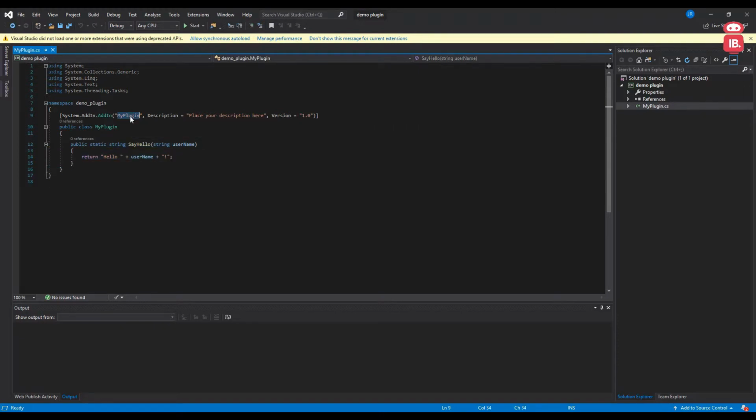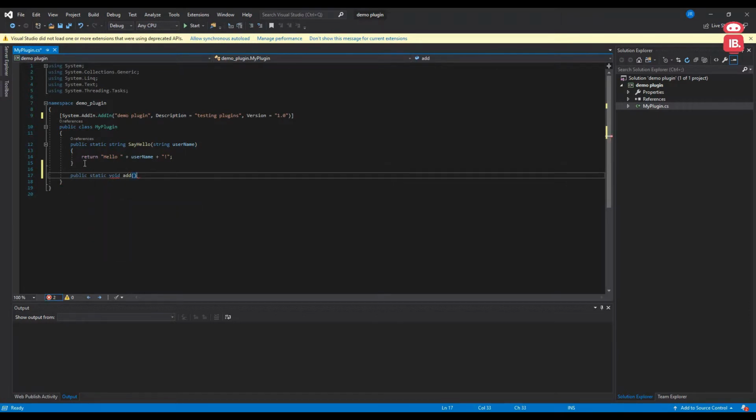You can go ahead, specify the plugin name. So let me call this also as a demo plugin. A description for it if needed, testing plugins, and the version. Once this is done, we can go ahead, write our methods here using C#. So one method already exists. I'll write another method